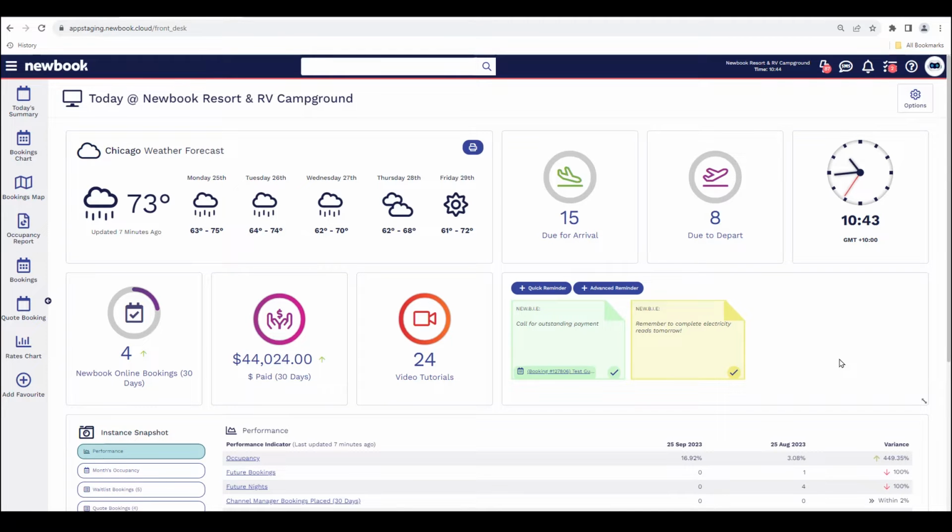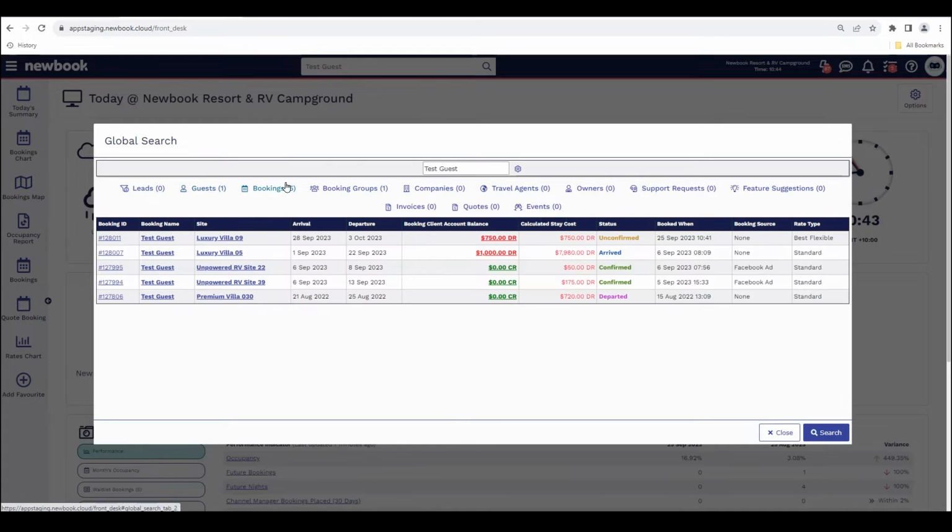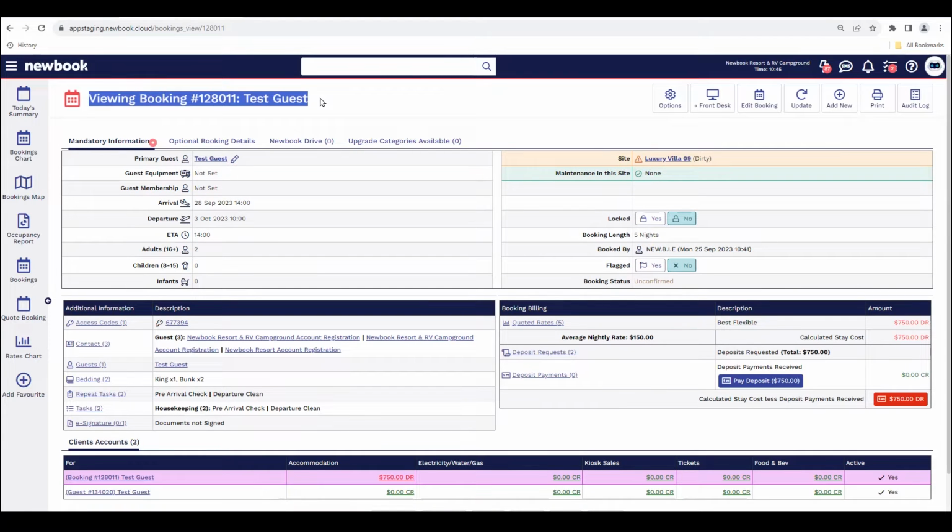Firstly, if we have a guest on the phone and they would like to extend or reduce their stay dates, we're able to edit a booking by using our global search in the top bar. Once we've searched for their details, booking ID, email or cell phone number, we press enter to locate the booking. We can then click into the bookings tab and we simply need to find the booking in question that they wish to adjust. Once we click on the ID, we'll be taken to a view of their booking